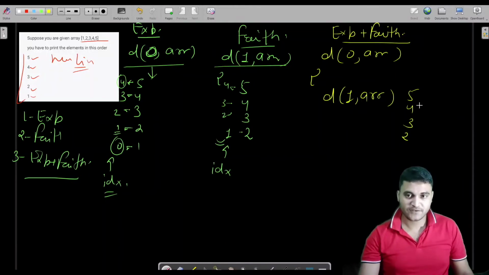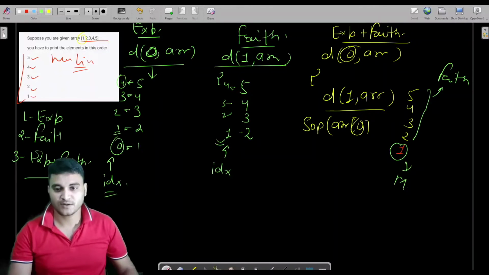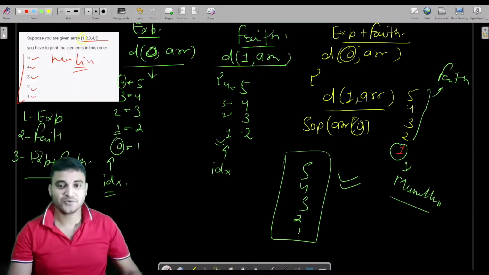And if I'm getting 5 4 3 2 with this function, then can't I print the last element of this array manually, which is arr of 0, and 0 is the same as this particular index? Eventually I will be getting my answer. This part I'm getting from my faith, and this I'm doing manually. Indirectly I am getting my answer. So if I'm getting my answer, why should I not use this approach?